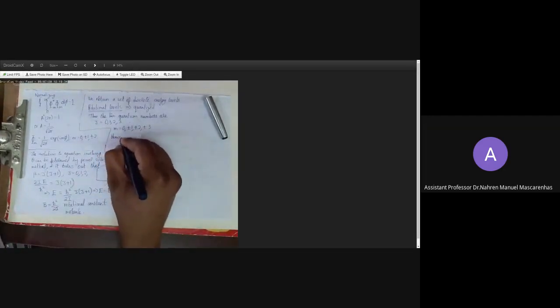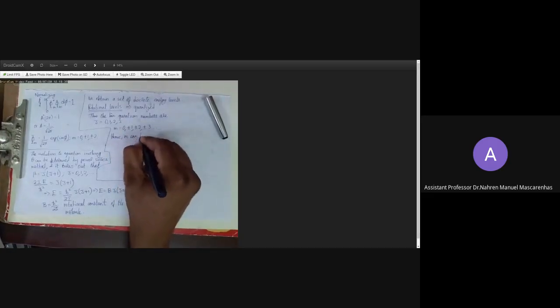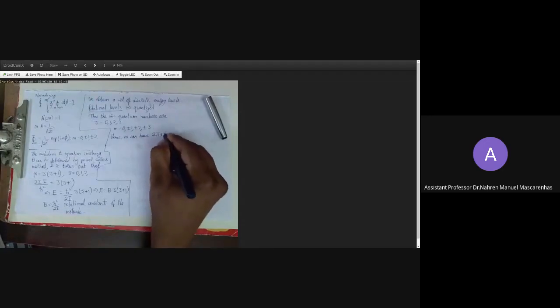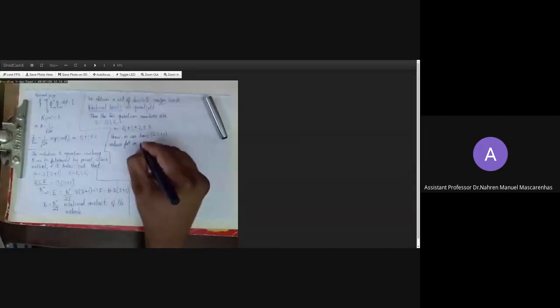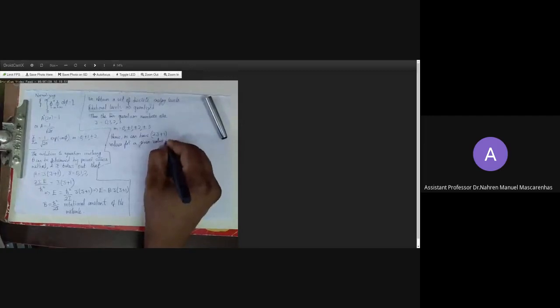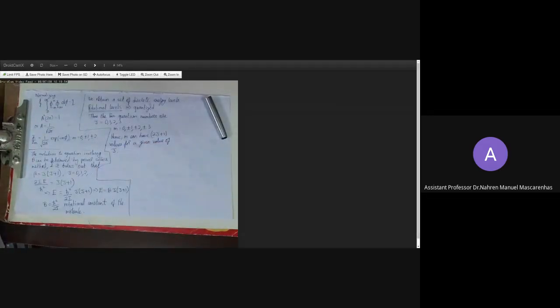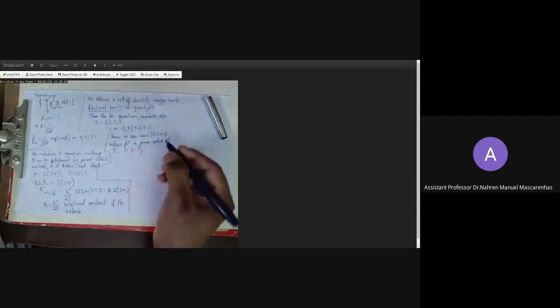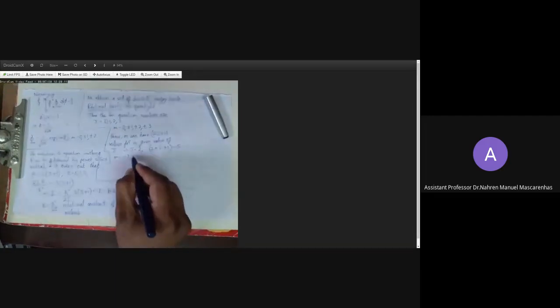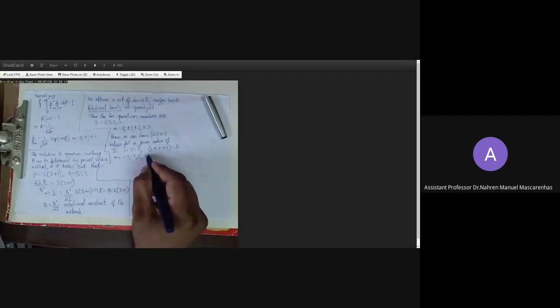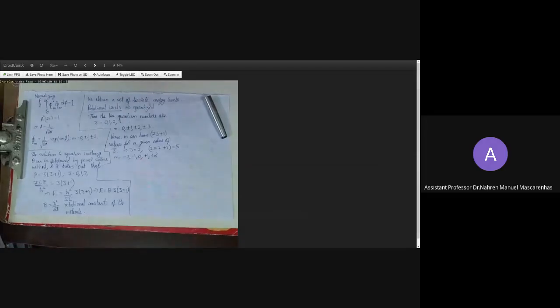Hence M can have 2J plus 1 values for a given value of J. So, for example, if J equal to 2, that means 2 into 2 plus 1, which leads to 5. So M should have 5 values. What will the values of M be? -2, -1, 0, +1, +2. This is the rotational picture that I showed just now.